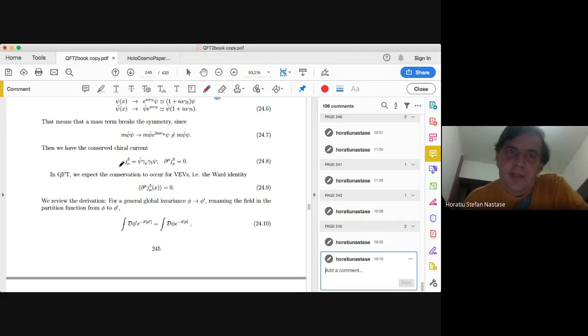Okay, so this was at the classical level. Now at the quantum level, because of general quantum mechanics theorems, we know that what we expect to have is that the vacuum expectation value of this object d mu j mu 5 should be equal to 0, which, if you remember, we call this kind of identity a Ward identity,